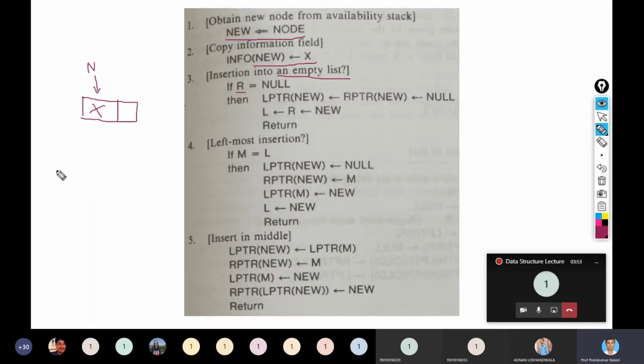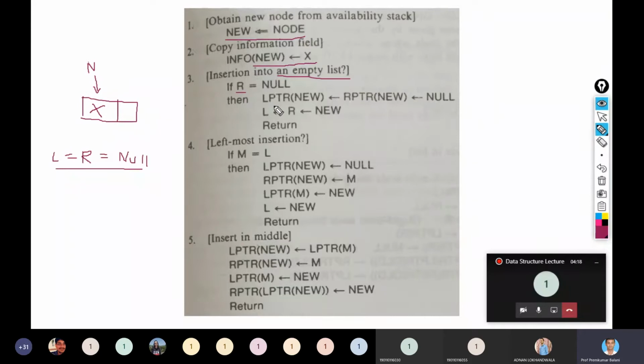So L equal to R equal to null is the condition for an empty doubly linked linear list, right? So both are not pointing anywhere.